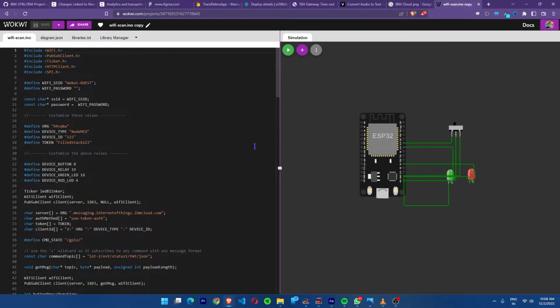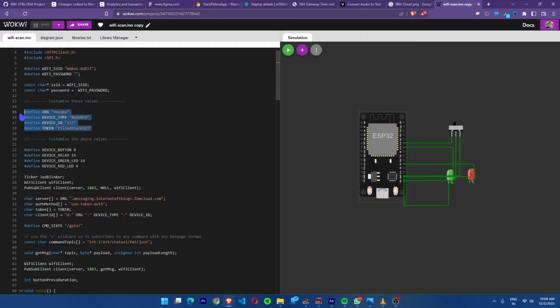So here we can see the implementation for our project. Here we have used the ESP32 device in a virtual mode to provide better visualization for us. Here we can see the guest and the SSID for the connecting process,